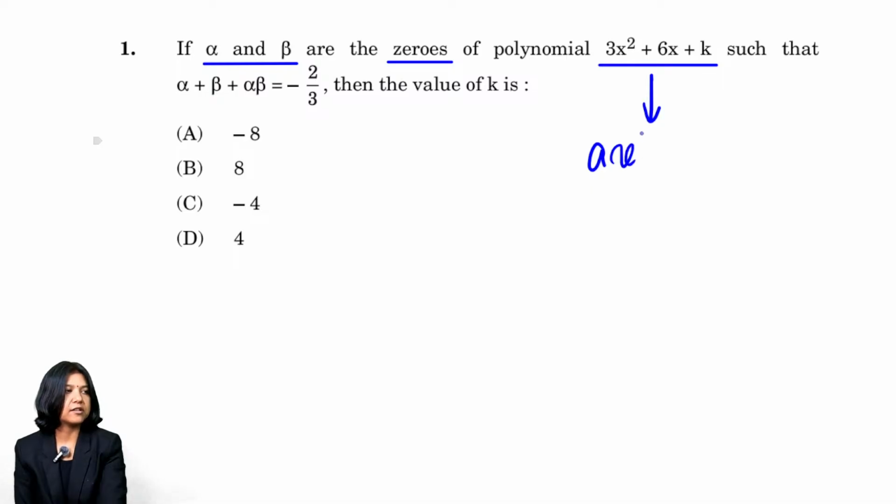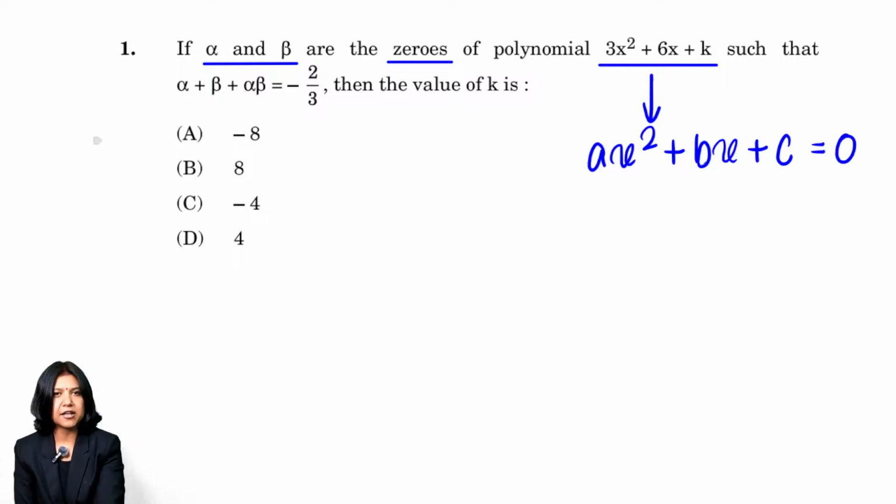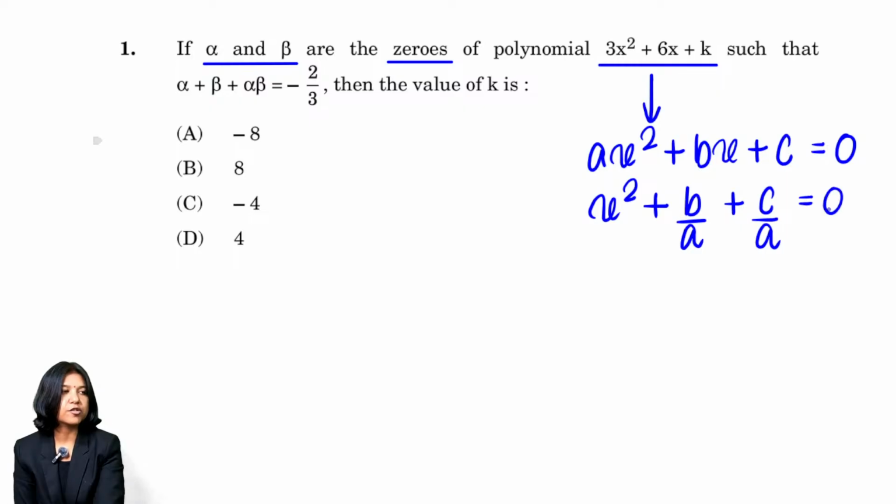I think you know that, ax square plus bx plus c. Okay, so now to remove this a from the first term, I'll divide the entire equation by a, giving me x square alone, and then I get b by a here, and then c by a. So as I told you, like in splitting the middle term, what you do is you always